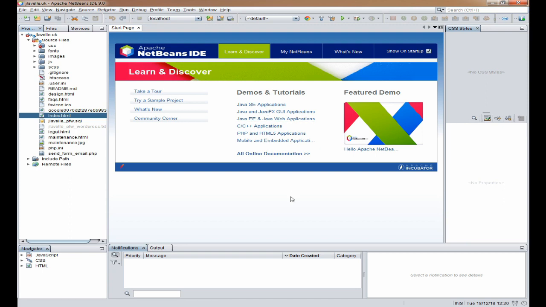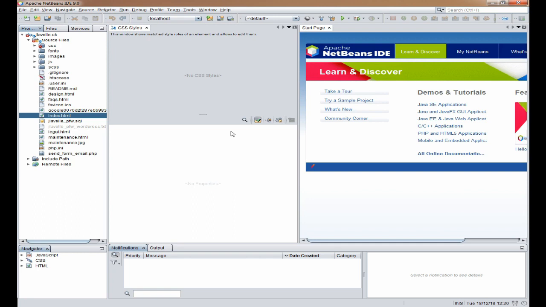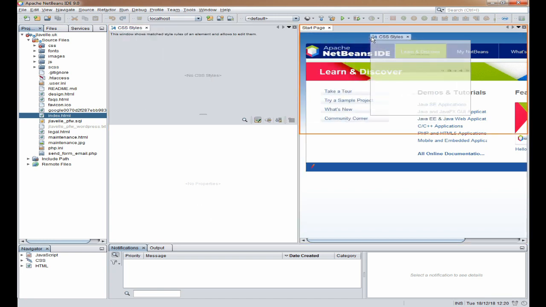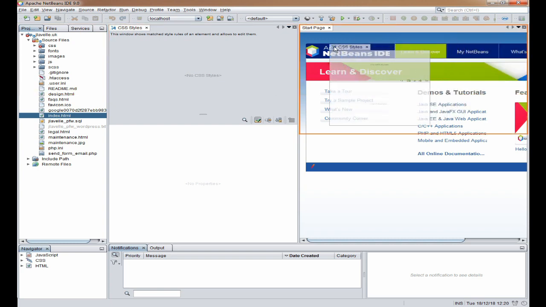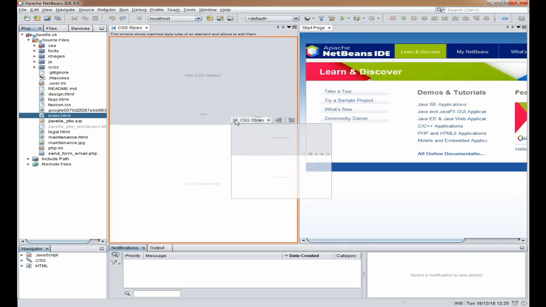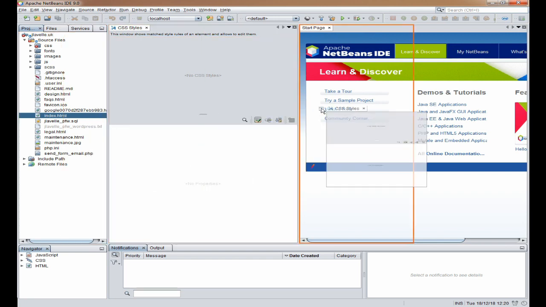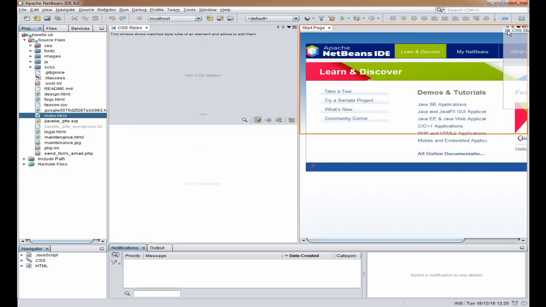That's the look and feel. It's very personal to you. You decide how you want it. You can move items around. For example, I can do that, though why would I, I don't know, but I can if I want, and you can move it back if you wish. It's your choice what you want to do, how you want to do it. You can see that there's a frame to show you where it would go if you put it somewhere else,